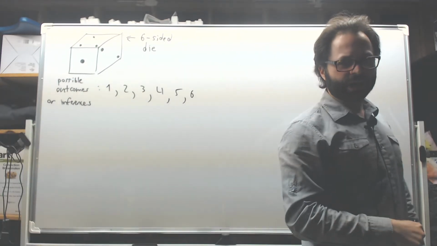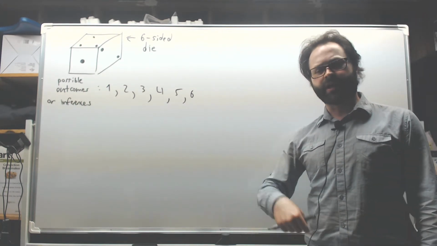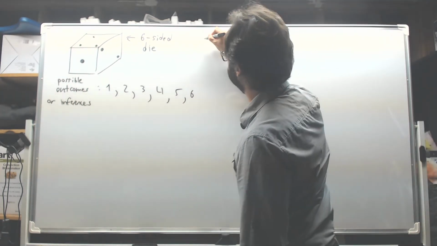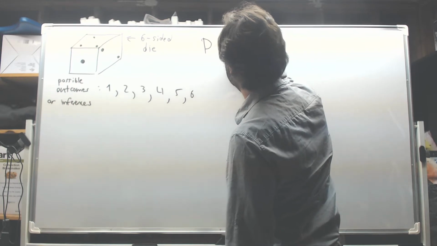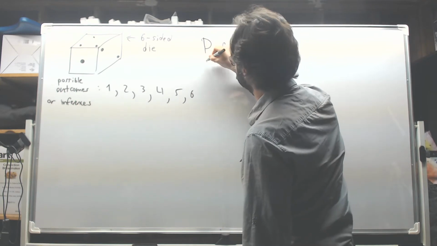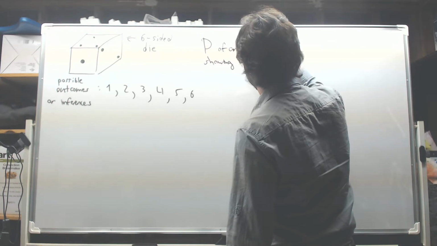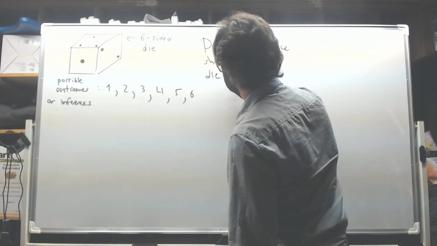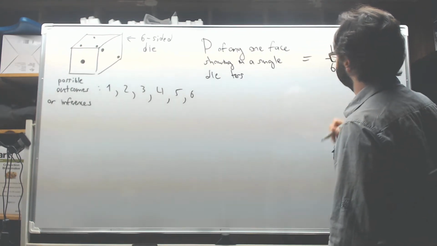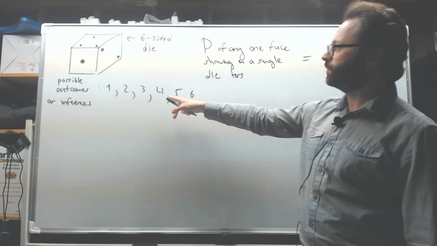And our degree of rational belief in obtaining any one of the faces when a die is cast, when a die is thrown, given that this is a perfect 6-sided die, we believe that the probability of any one face showing in a single die toss is 1/6. That is to say, any one face, let's say the face 4,